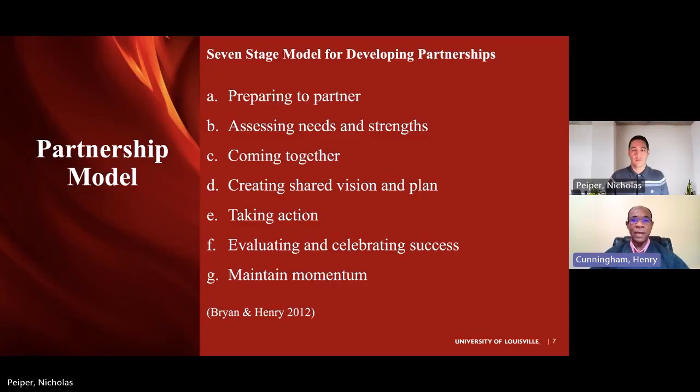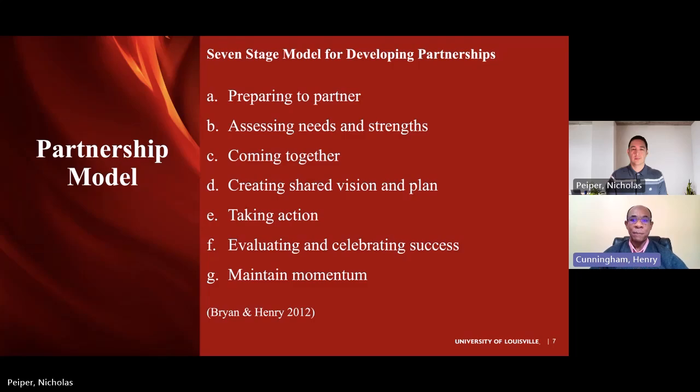Once you have done that, you need to go and find who in the community is aligned with what you want to accomplish. Then you come together, and you talk. I tell people this work is like dating. You've got to talk. You see a person to whom you're attracted, and you talk to them. You want to talk to get to know this person. So with your community partner, you start talking. You get to know each other, and this is where we start to develop trust in each other.